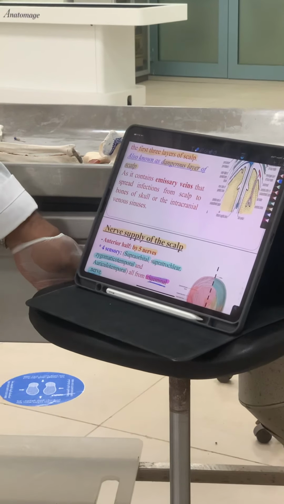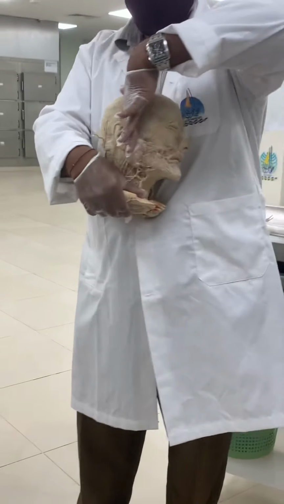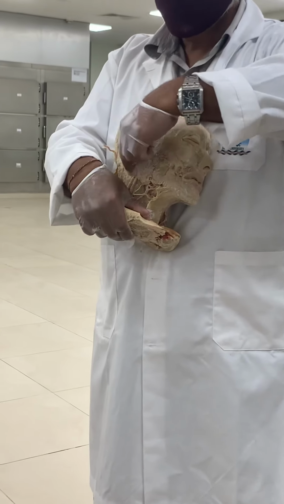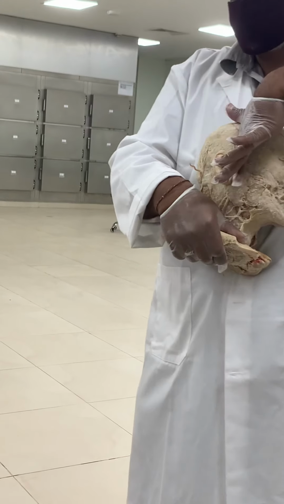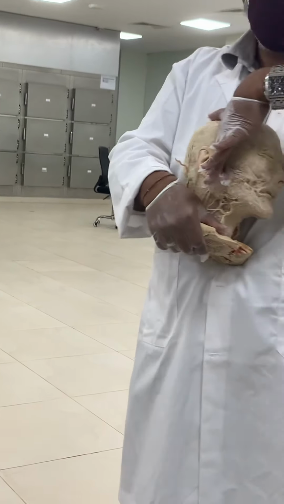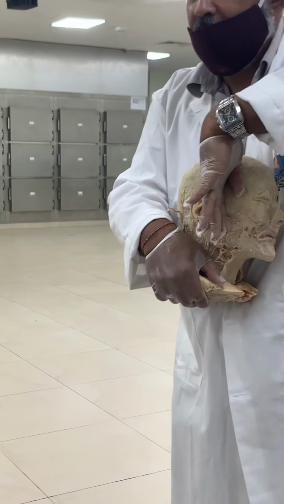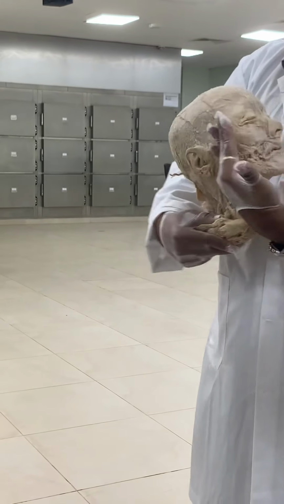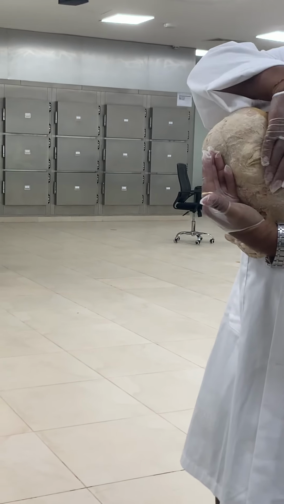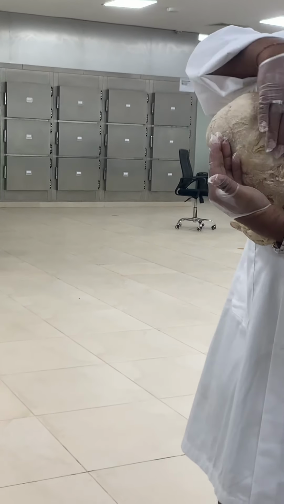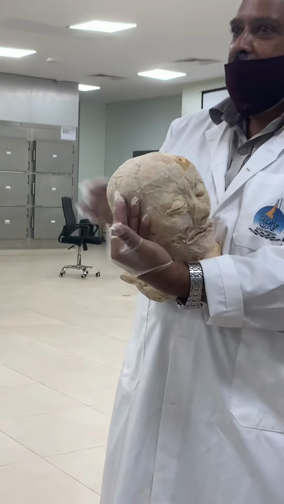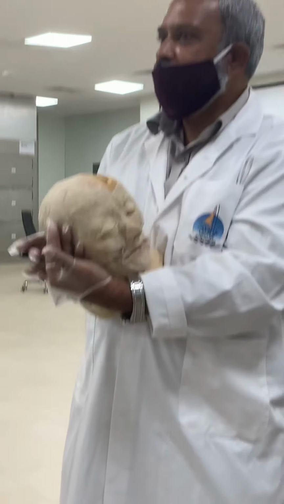So then, what are the nerves? What I told: when you draw a line, what is this? Here, this is the ear. You should tell it in anatomical terms: auricle. External meatus; meatus is an opening. For an ear, they will call it auricle. So if you put a line like this, front of the auricle, anterior and posterior. Anterior of the auricle, posterior of the auricle.